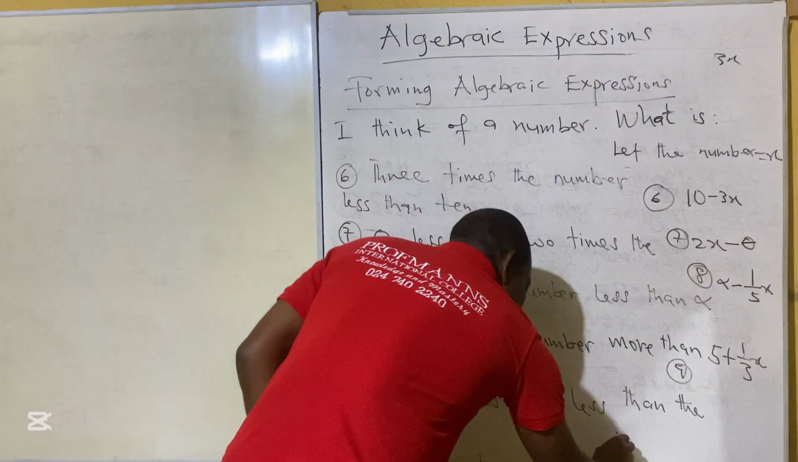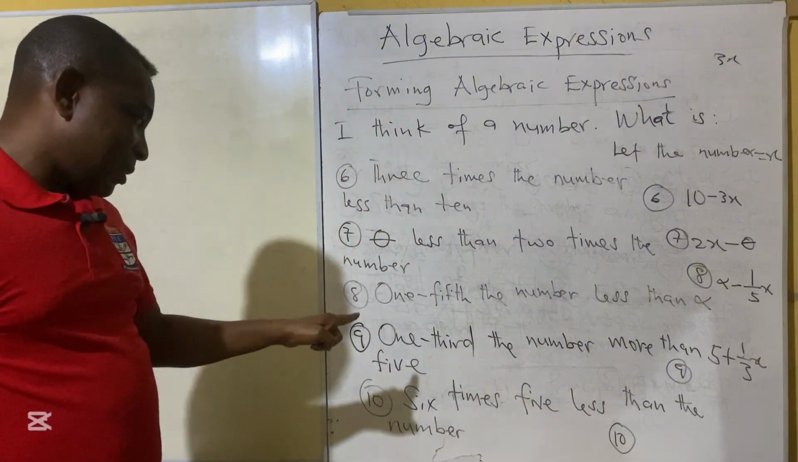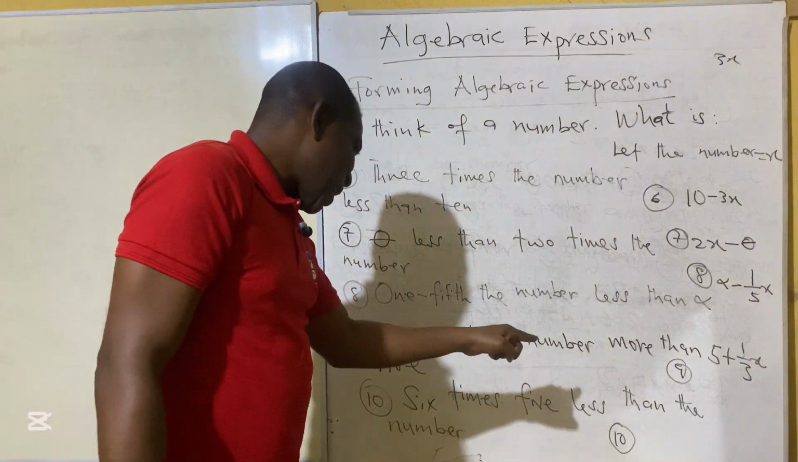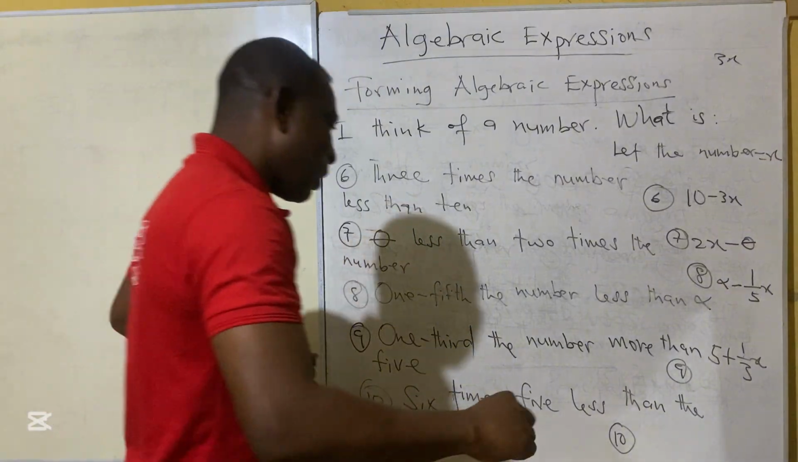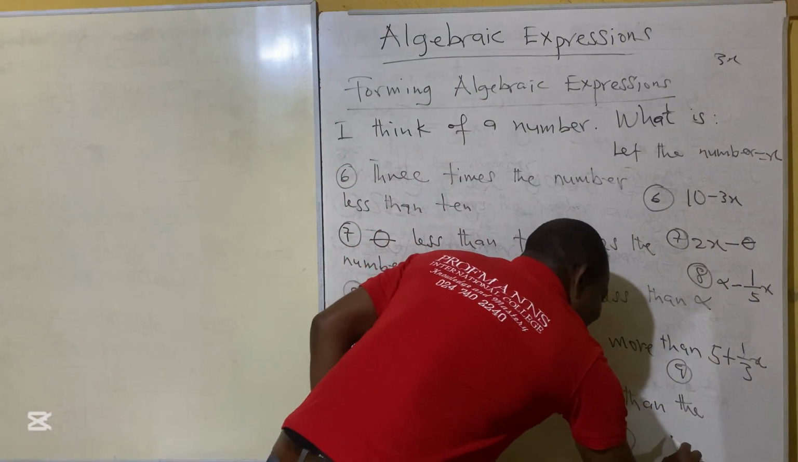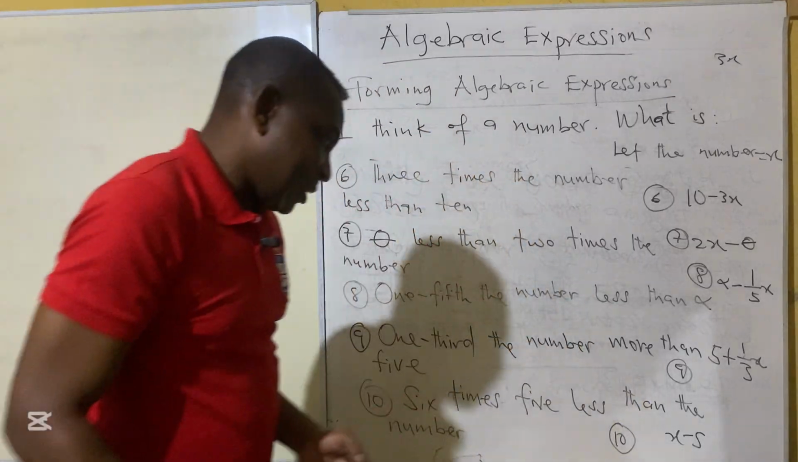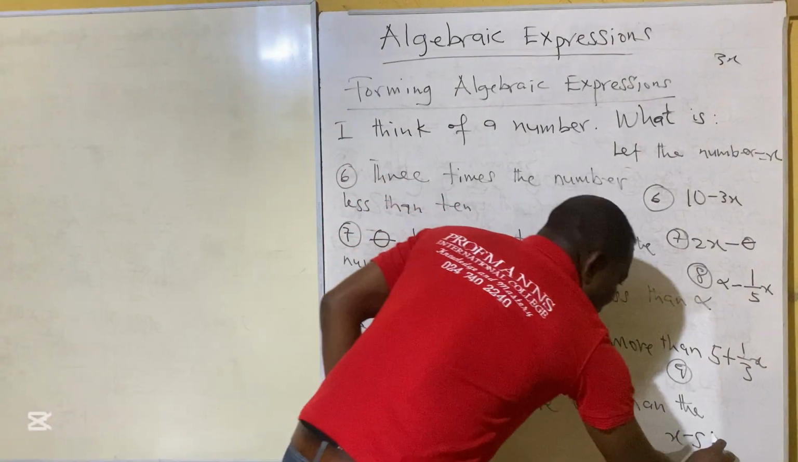And finally, number 10, 6 times 5 less than the number. So 5 less than the number is x minus 5. So 6 times this is going to be